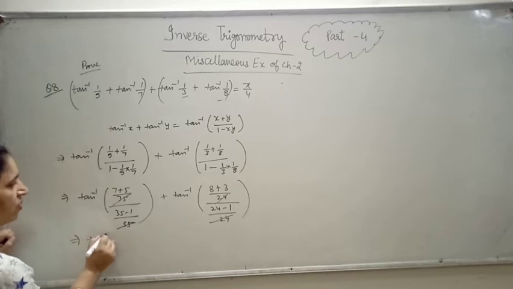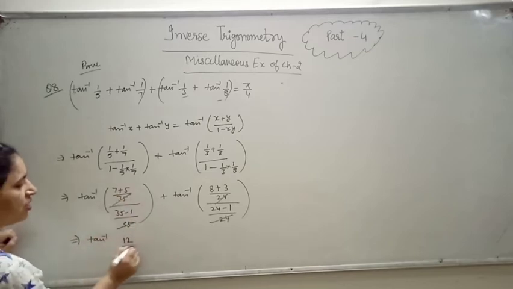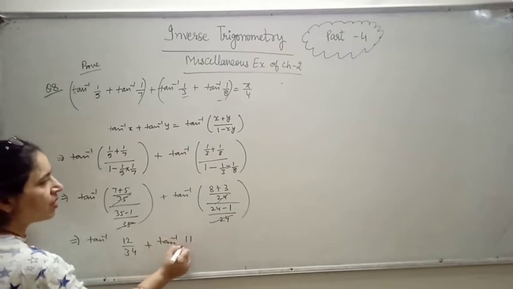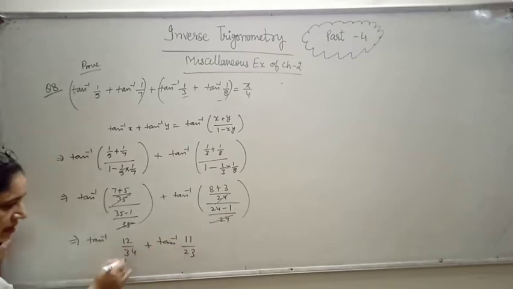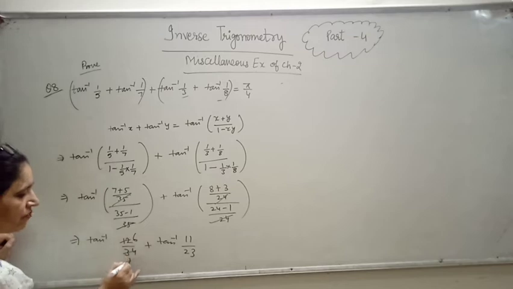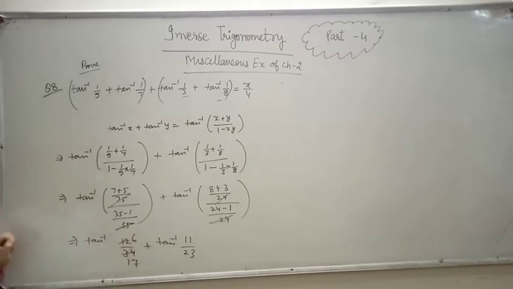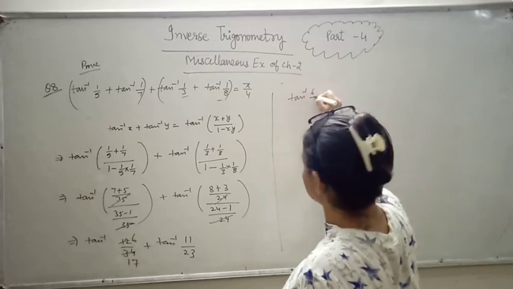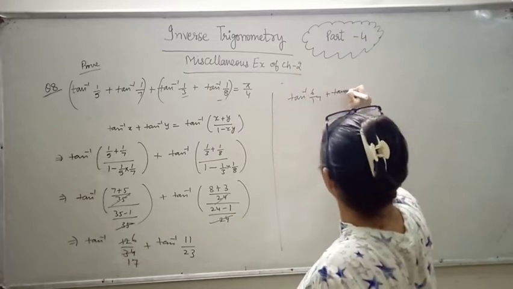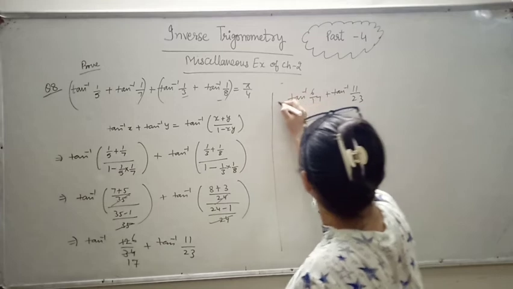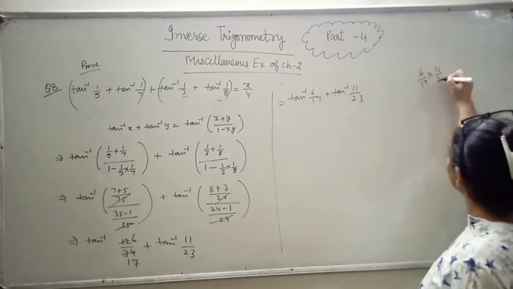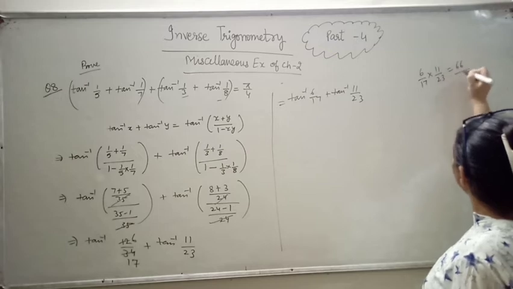So tan inverse, this is 7 plus 5, 12 by 34, and this is tan inverse 11 by, this is 23, but I can cancel this. I can see this is 6 by 17. Okay, so now it would become tan inverse 6 by 17 plus tan inverse 11 by 23. Again I am going to check whether this 6 by 17 into 11 by 23, this is 66 by